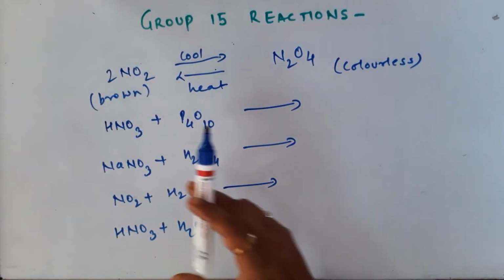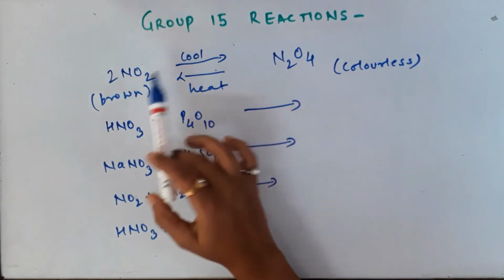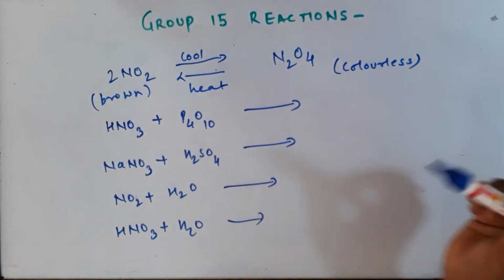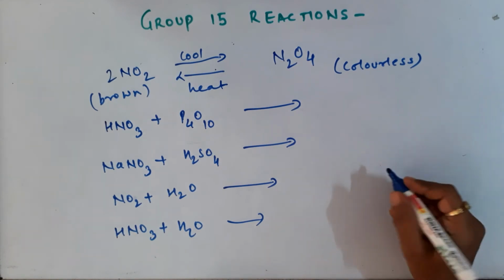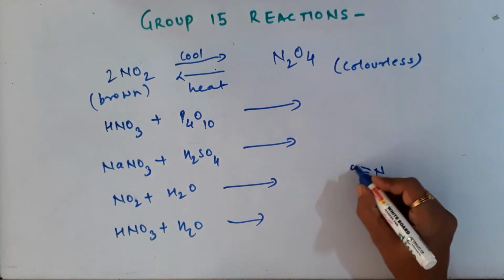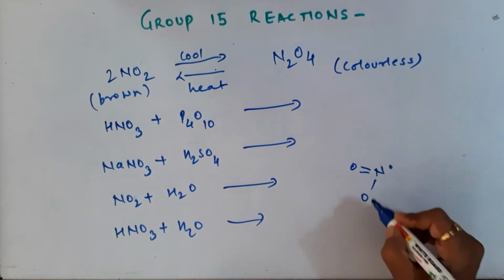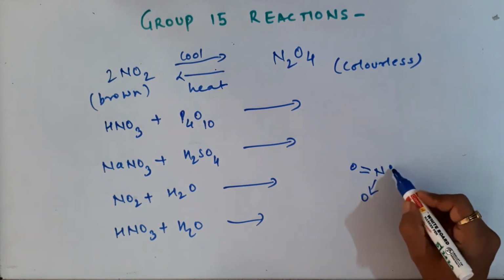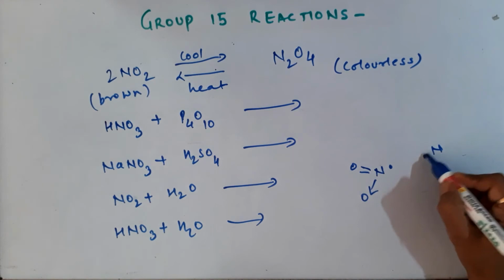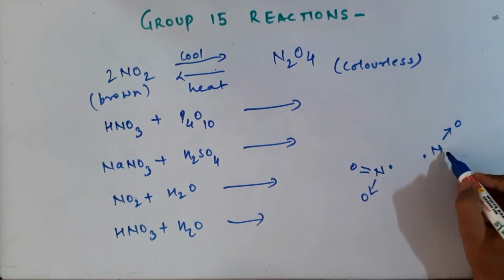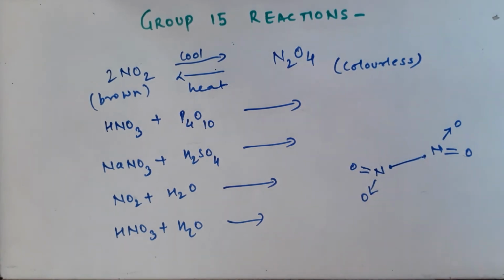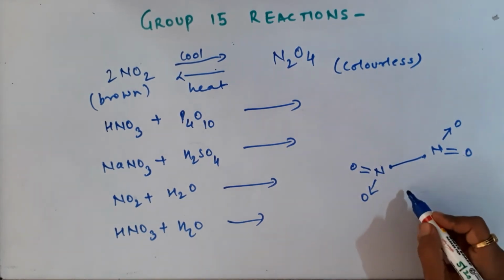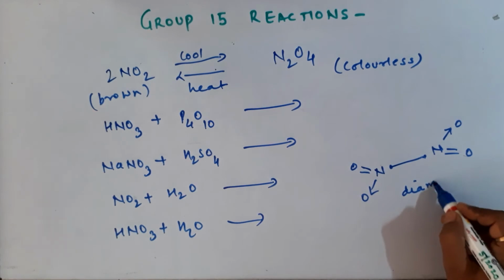So the question which can be asked here is, why is NO2 dimerizing? Because it's unstable and paramagnetic. Paramagnetic are those species which have unpaired electrons and they want to stabilize themselves. So NO2 will have a structure of this pattern, and you can see the unpaired electron is there, so it's paramagnetic. So two such species can dimerize, and this is the way they will form N2O4, and it is going to be diamagnetic and stable.